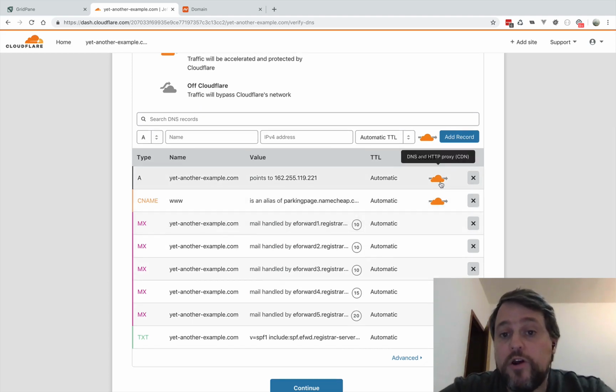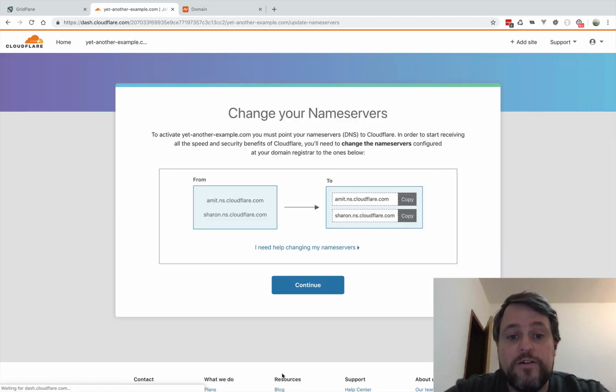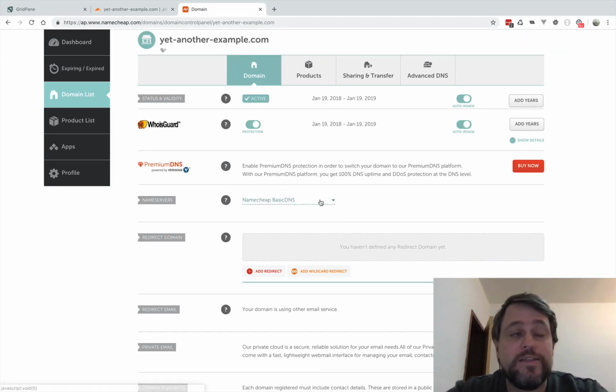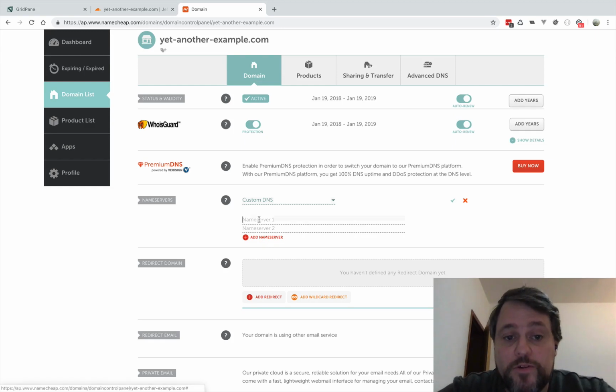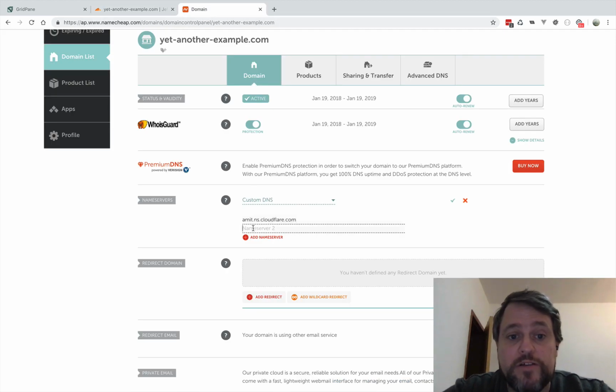As you see though, the orange cloud is already set up, so the IP address is already being masked. The most important thing right now is to turn this off. Make these clouds go grey. With that done, we can get our DNS name servers. Copy them. I'm sure you've done this 1,000 times before if you use Cloudflare, and add your name servers as custom name servers with your domain registrar. All done,